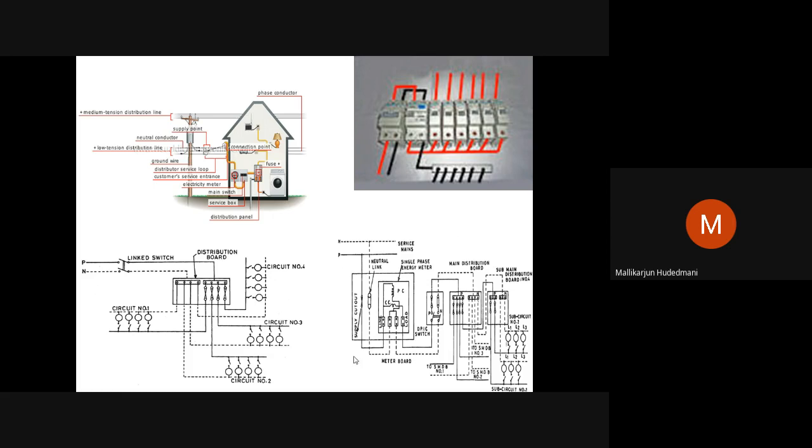The circuit may have one line and one neutral. You can see one solid line and one dotted line. The dotted line is the neutral, and the solid line is the line. Through a switch, an isolation switch, open or close, that will make a number of solid lines, which are called line 1, line 2, line 3. Again, the neutral is a dotted line, with a number of neutrals. So one neutral, one dotted straight line, gathered together.